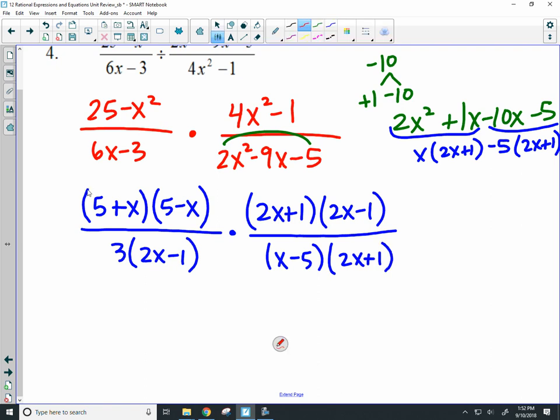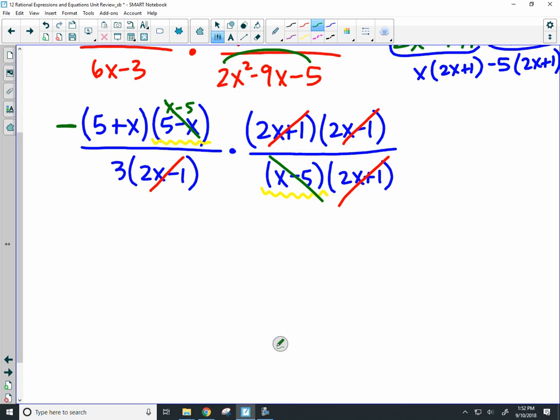Once everything's factored, look to cancel. So the 2x minus 1s will cancel each other out. The 2x plus 1s will cancel each other out. And then we're left with this 5 minus x and x minus 5. But they're very close. Basically, it's just to factor out a negative out of one of them. So say I choose to factor a negative out of the one up top. I'm going to put the negative out top, and really what that's going to do is flip that, so I can cancel those out. So you can leave your answer like this,